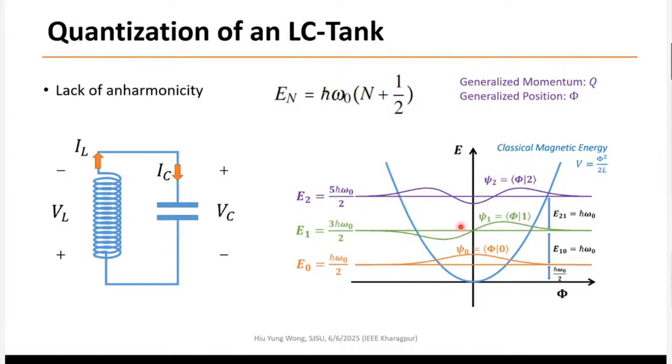Anyway, the final thing we got is that if I quantize circuits, I do have discrete levels of energy in this circuit, just like what we had in a simple mechanical oscillator. But in a simple mechanical oscillator, we have the so-called momentum and position in this energy diagram. But here we have the so-called generalized momentum, which is the charge stored in the capacitor, and the generalized position, which is the flux stored in the inductor. Okay, and so they will go back and forth, and then